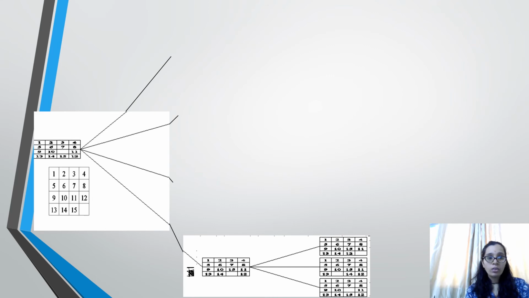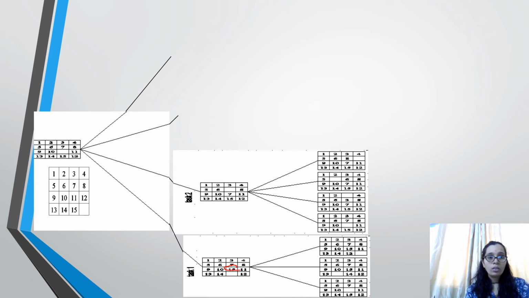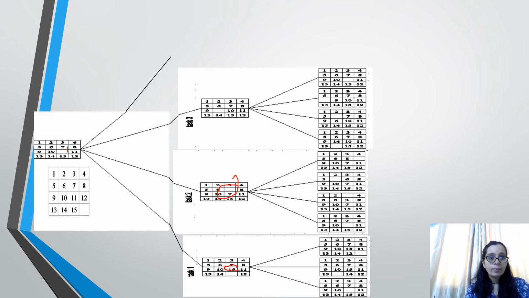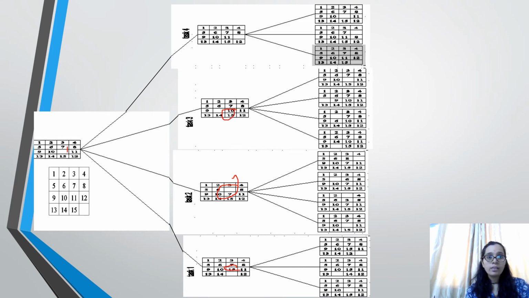So let us see the first task, that is task 1. So 15 is moved up. Next let us see task 2. Now 7 is moved down. Next task 3, that is 10 is moved to the right position. And the next is task 4, where 11 is moved to the left side. So these are the 4 tasks that will run concurrently.